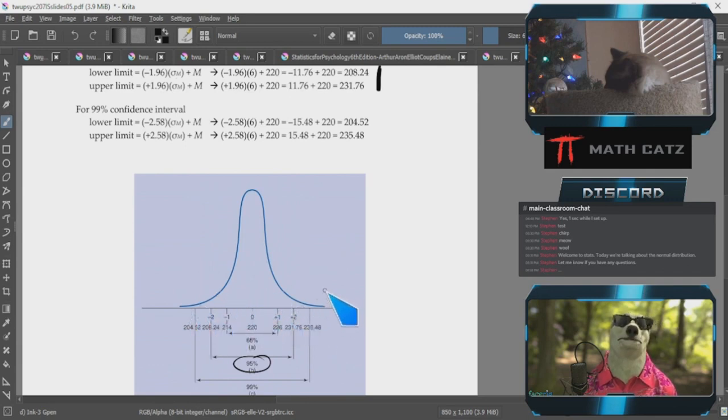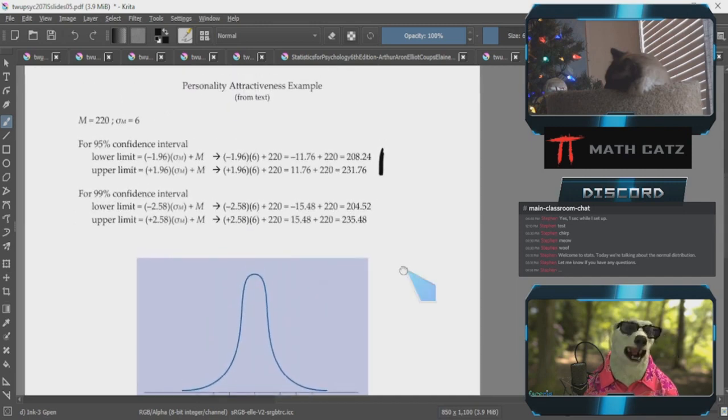and the further out you go, the more confident you'll be that you have the true population mean in your interval. But of course, the downside is it gets bigger, so it loses some meaning. If you just make your interval infinitely big, of course you're going to get it, but it's not really useful. Okay,